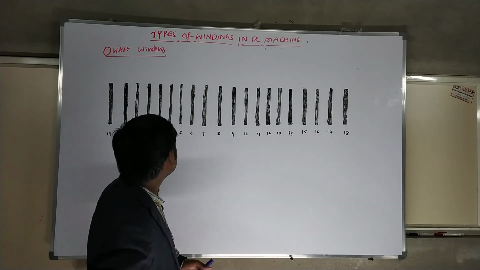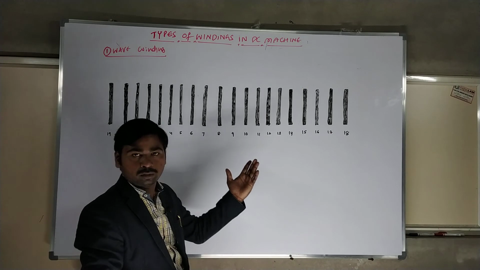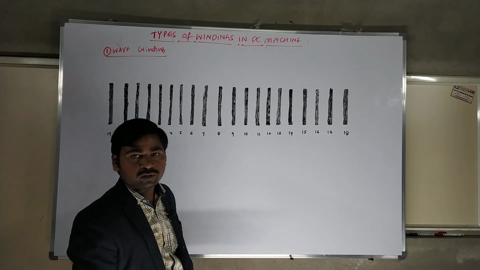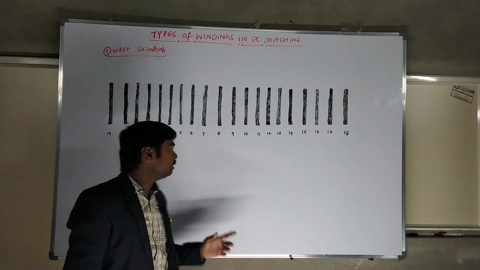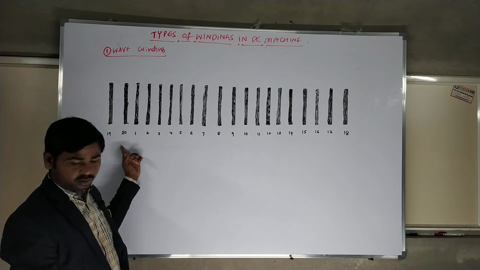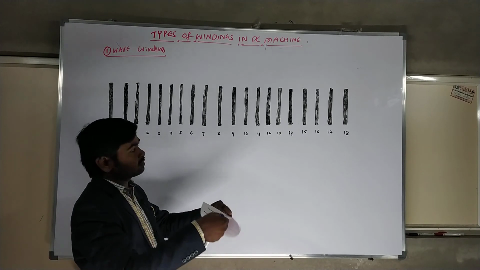Let us see how it should be. Here I have opened the slots. These are all slots, like inside. I have taken 20 slots to understand very clearly: 1, 2, 3, 4, 5 and so on up to 18, and after the round shape it becomes 20. So it should be like this, in a circular manner.